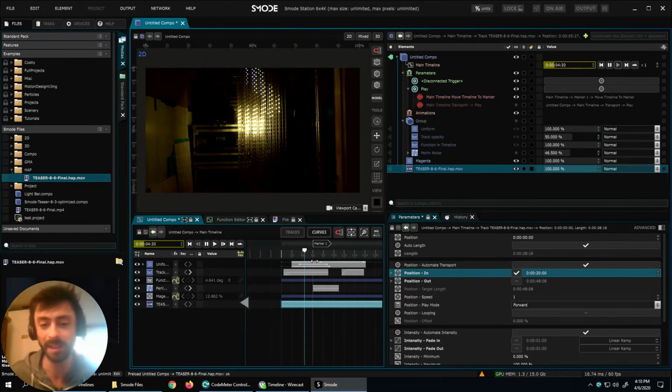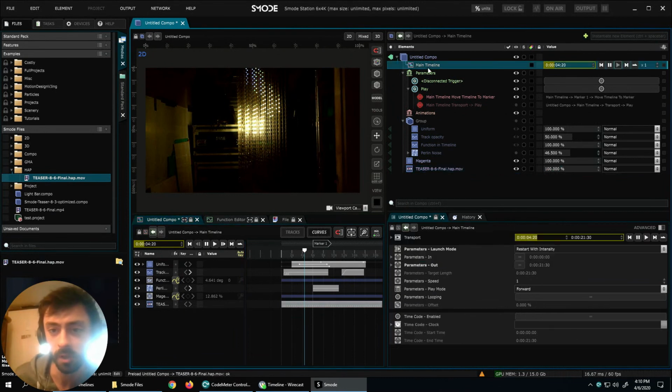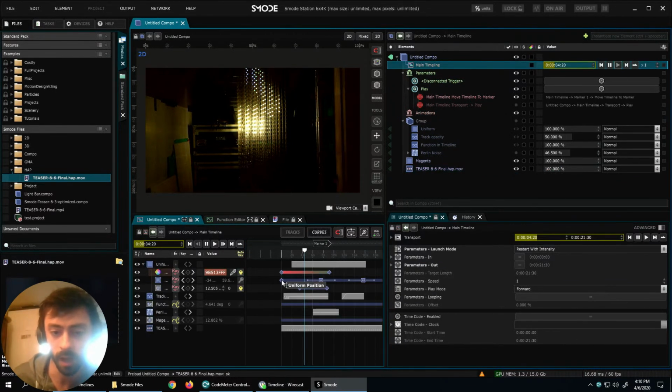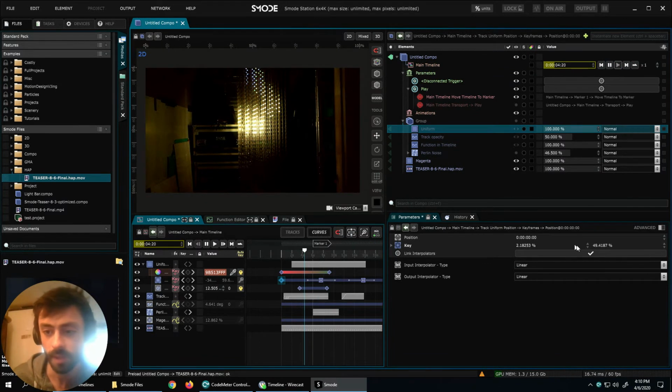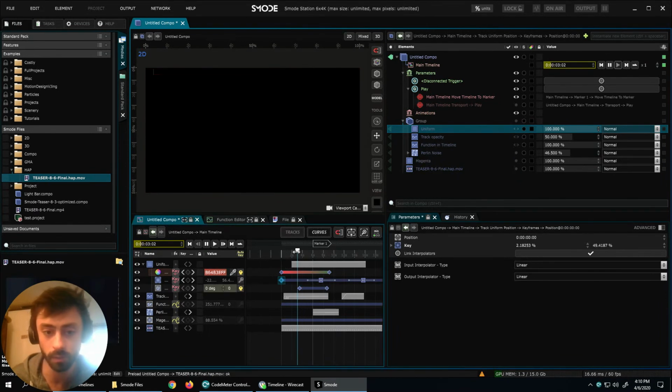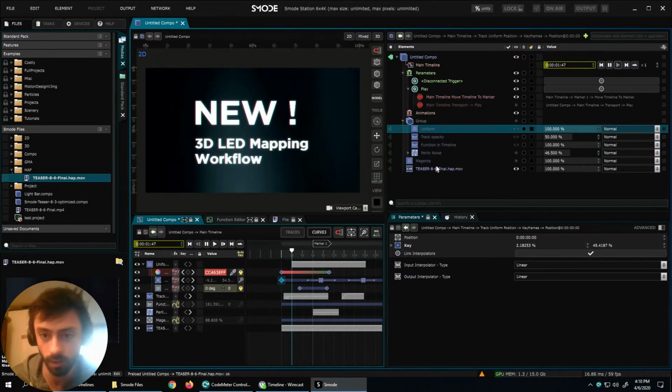And if you want to create it with Smode, you need timelines. But you need timelines just to mention something very, very useful. It's also when you have keyframes. Here you have the value of your keyframes at this moment. Okay, so just to mention this with maybe